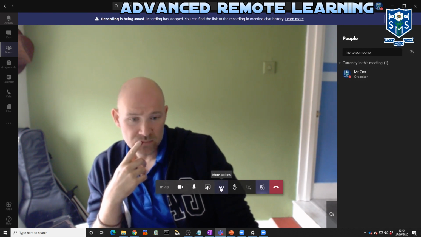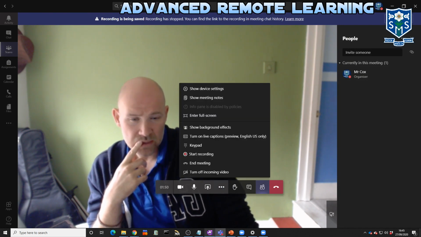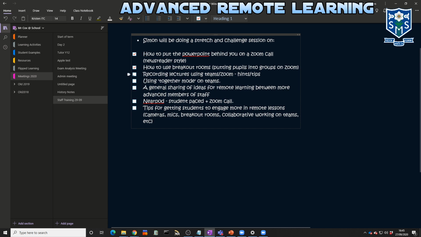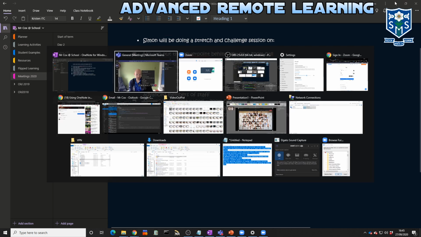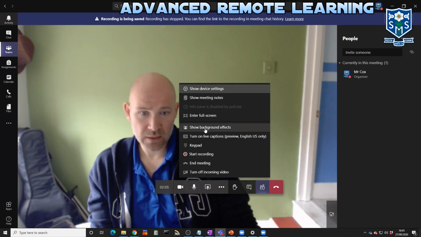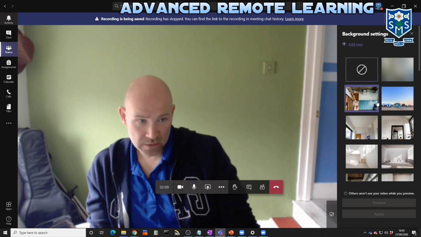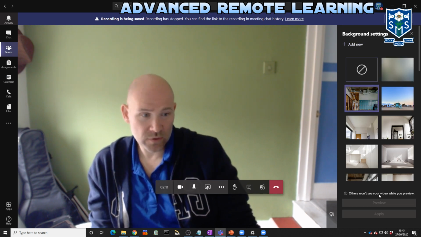Teams also has some new stuff as well. Let me just go back to my OneNote, wherever it is. Alt tab for fun. So recording lectures, we've done that. Using together mode on Teams. Right, so Teams has also upgraded its camera powers. So if I click here and I click show background effects, you can put yourself wherever you want. If you click on a particular location and then click preview,